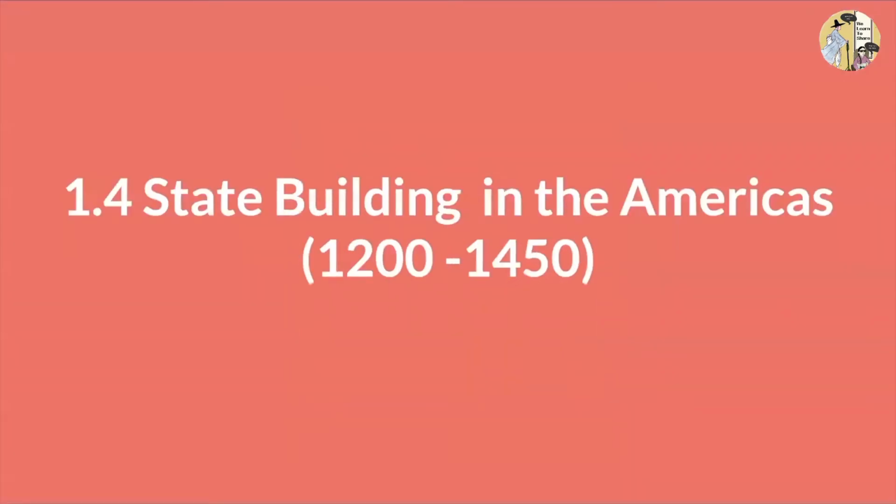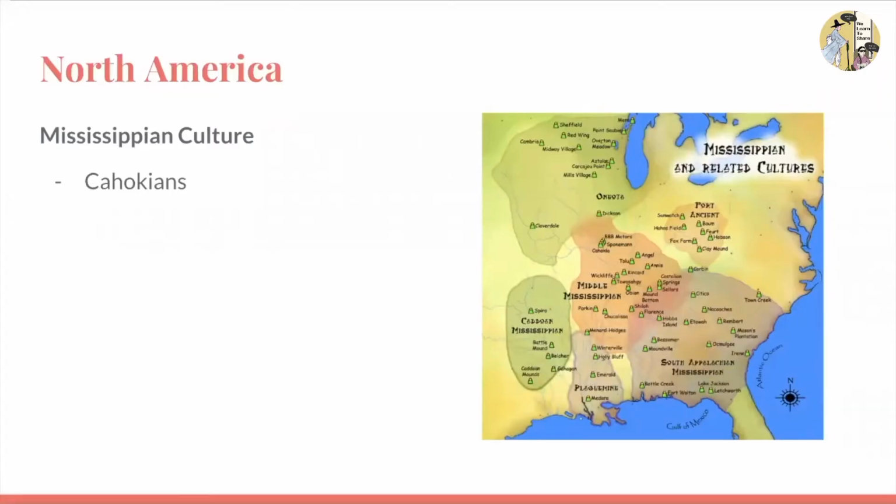First, we will explore Section 1.4 of Unit 1, which focuses on state building in the Americas from 1200 to 1450. First, we will focus on North America. During this time period, the Mississippian culture largely flourished in North America. The Mississippian culture was a Native American civilization and was the first ever large-scale civilization in Northern America. A large part of the Mississippian culture was building mounds, which were used for various reasons, such as religious and